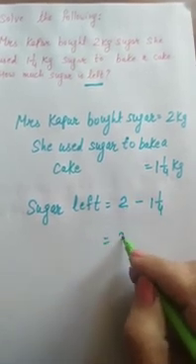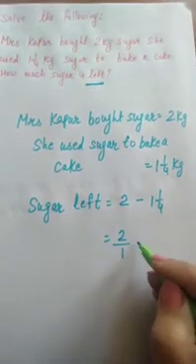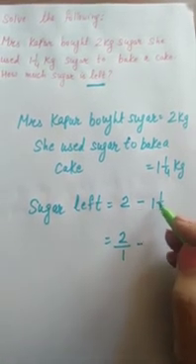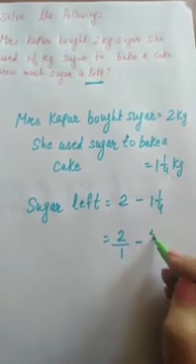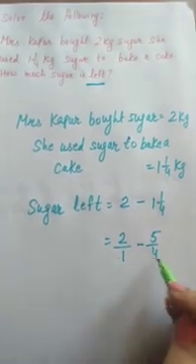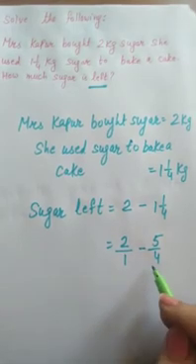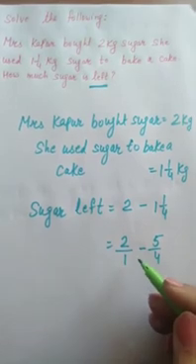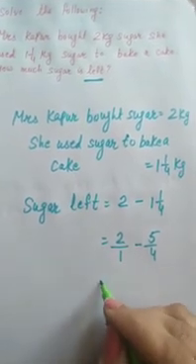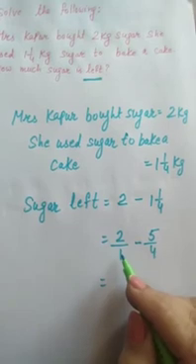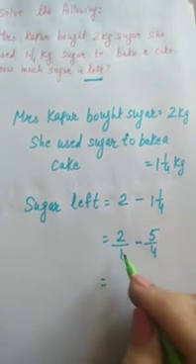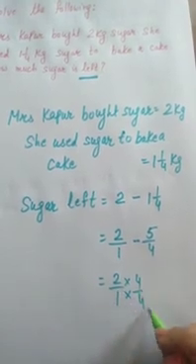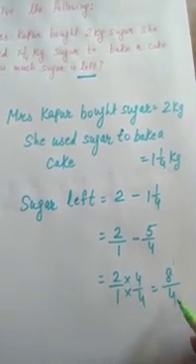That is the whole number, so make it a fraction. 2/1 we will write. Minus, this is a mixed number, solve it. 4 ones are 4 plus 1, 5/4. Now here again we are having unequal denominators. We make them equal, meaning we will make them like fractions. How will we do it? To make 1 equal to 4, we will multiply with 4. 2/1 we multiply with 4. 4 2s are 8, 4 1s are 4.